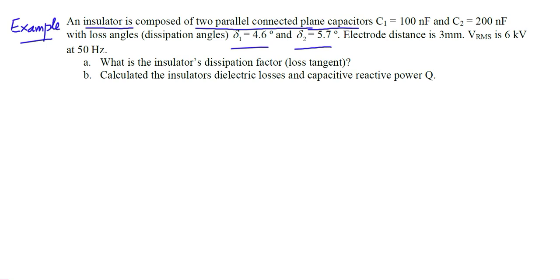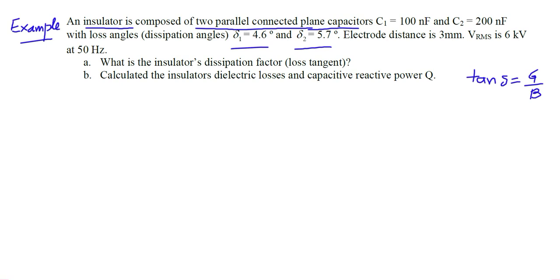But anyway, if we are given capacitance and the loss angles, we can determine the value of conductance from the formula, which is tangent of loss angle, tangent delta, is equal to G over B. So B is equal to omega C, and delta is given, so we can determine the value of